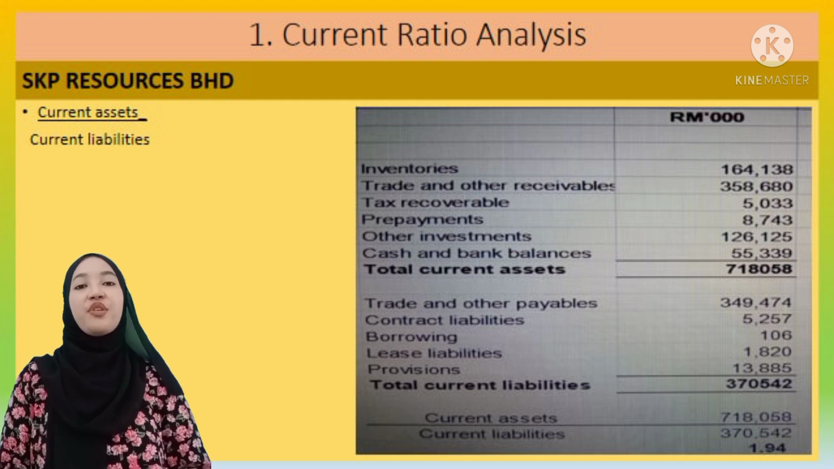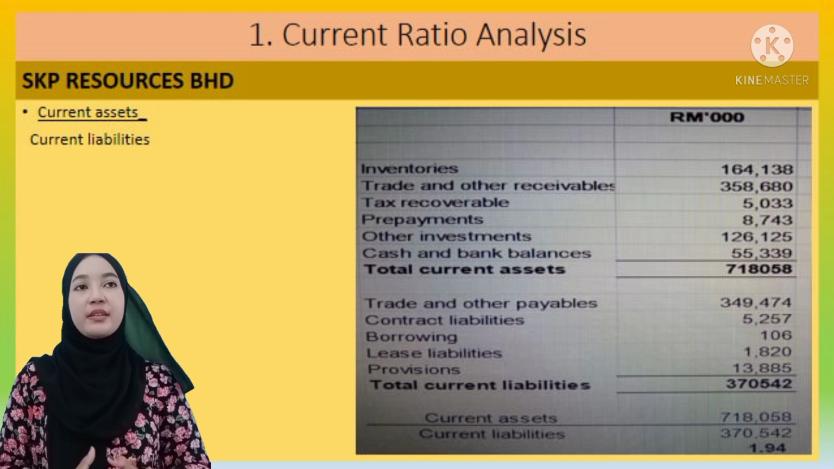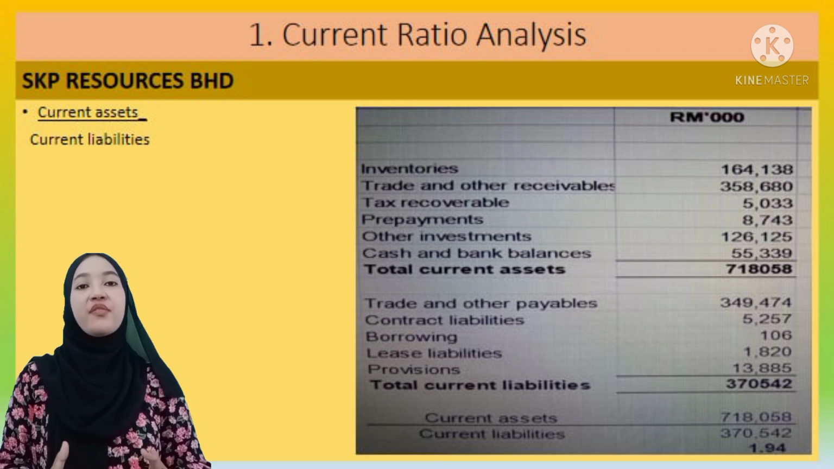Current ratio analysis for SKP Resources Berhad. The current assets involve inventories 164,138,000, trade and other receivables 358,680,000, tax recoverable 5,033,000, prepayments 8,743,000, other investment 126,135,000, and cash and bank balance 55,339,000. The total current assets